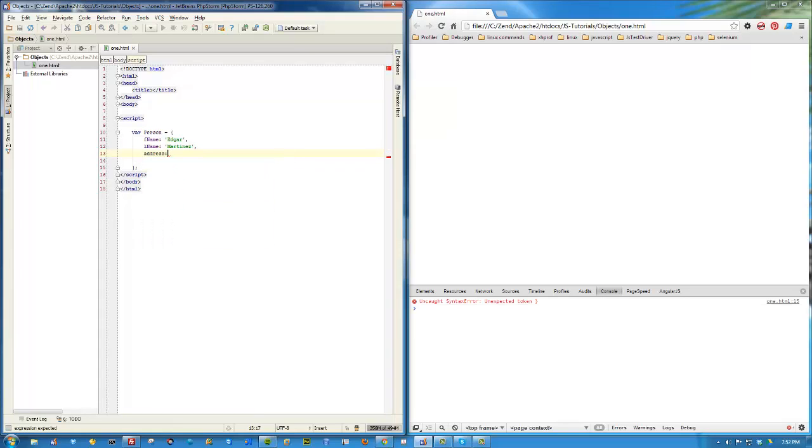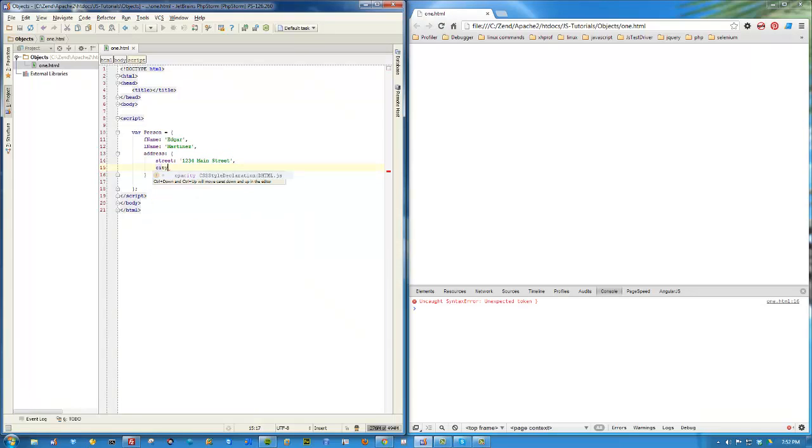With address, we're actually going to create another object inside of it. See how nice that is? We have a whole new object. Didn't have to use the new keyword. Very, very easy. And so this is almost like we're nesting them. Well, actually, we are. So we can do street, we can do 1234 Main Street, and we can do